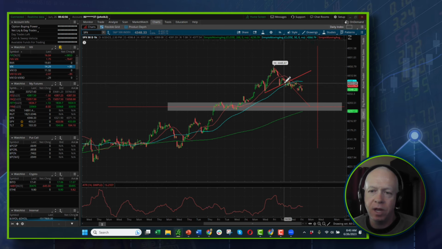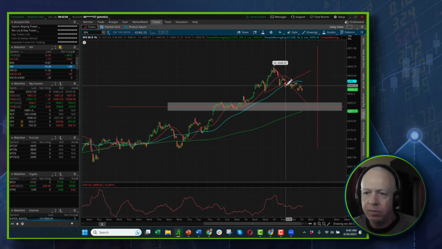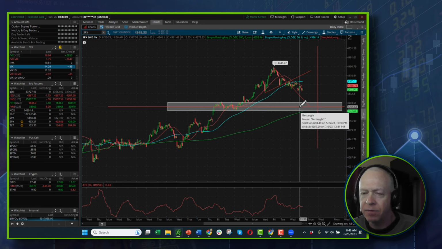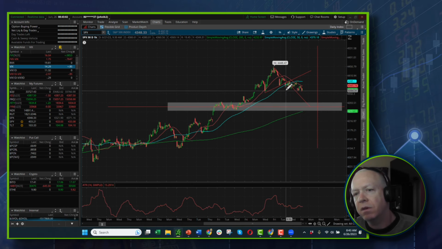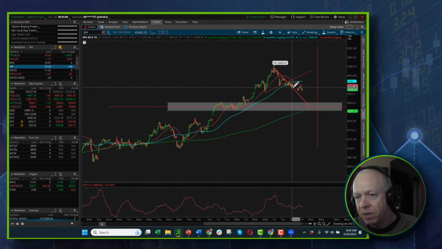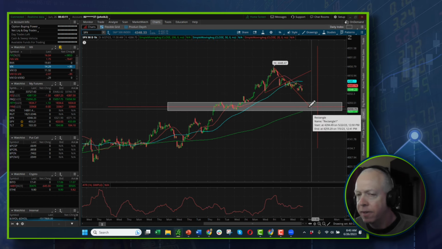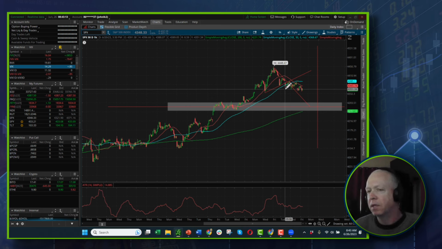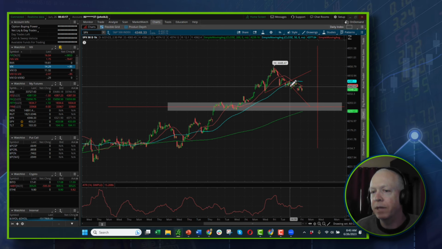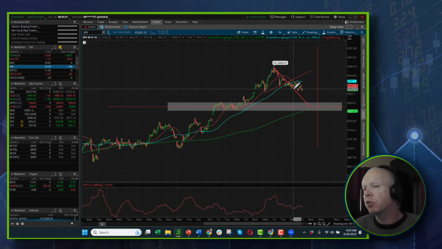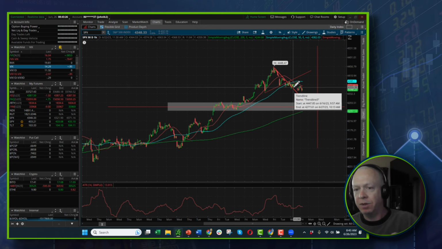So we see a breakdown of a head and shoulders pattern. We immediately set a price pattern target for down here. And if this is going to play out the way we want it to, we would like to see this basically hold this downtrend line here. You can see in this case it didn't happen. So when it doesn't happen, that kind of puts your antenna up and says, oh, wait a minute, this isn't really breaking down as fast as it should. It doesn't mean it's not going to break down, but it takes the probabilities and kind of flips them.